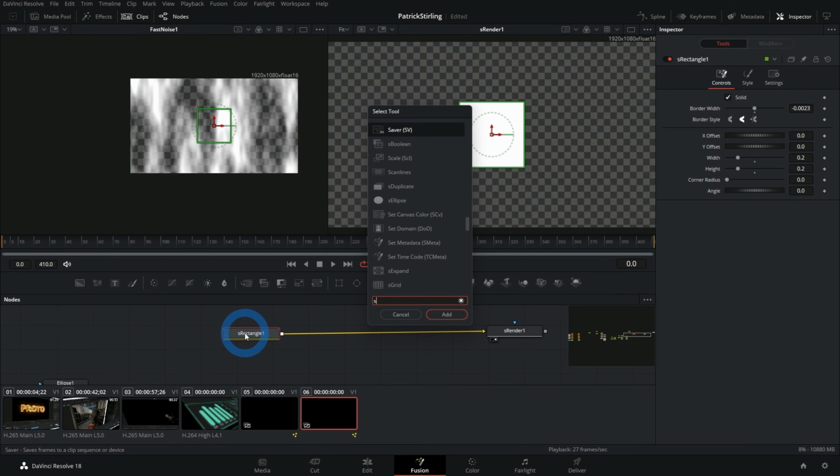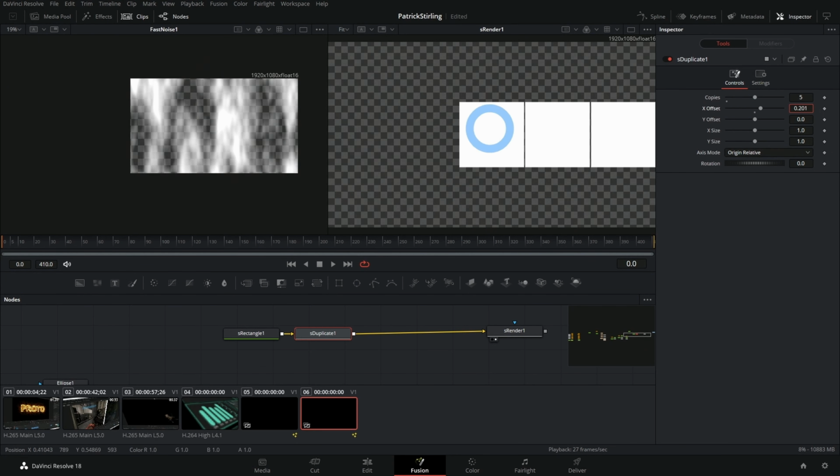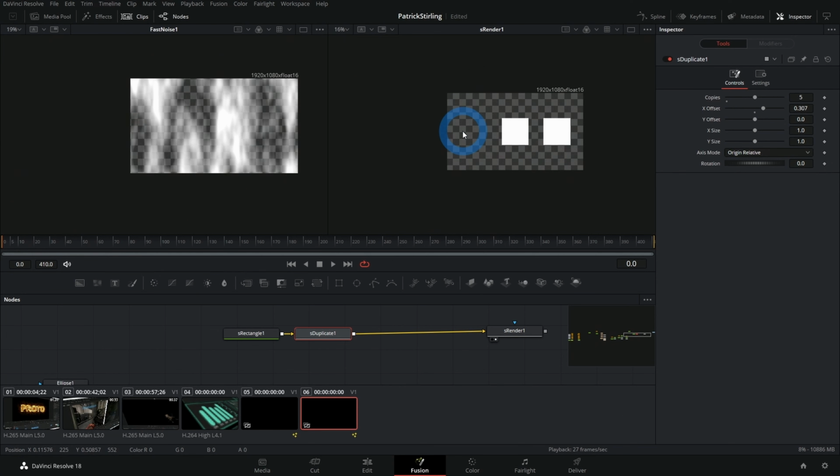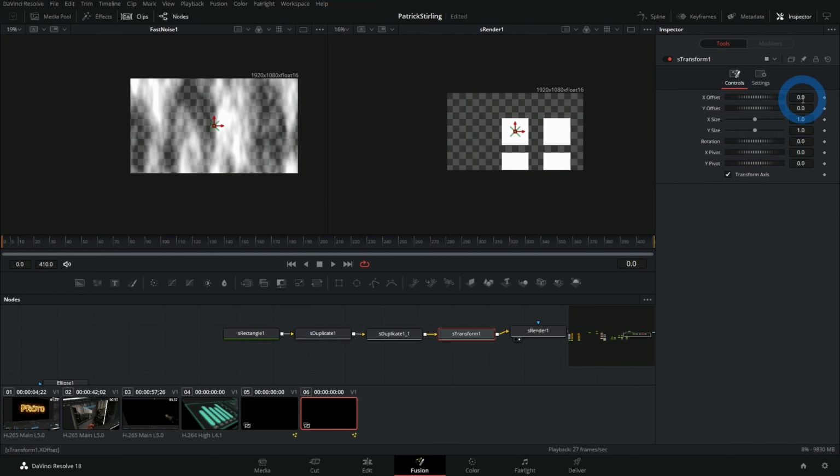All the nodes inside the shape system start with S. That helps. S, duplicate, and we're creating what? Like 5 copies, maybe. Change their X offset. So hey, some stuff is going on. I'm going to duplicate and paste that, except instead of an X offset, we want a Y down offset. And then if we bring back in that S transform node, we can control this entire